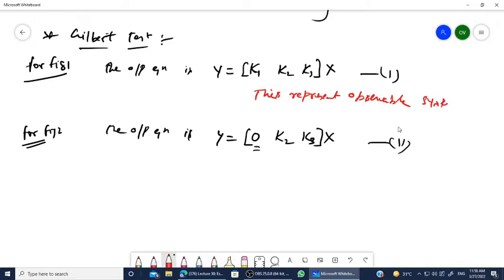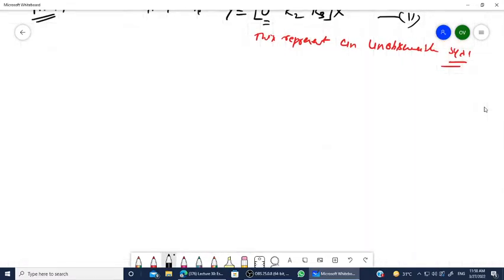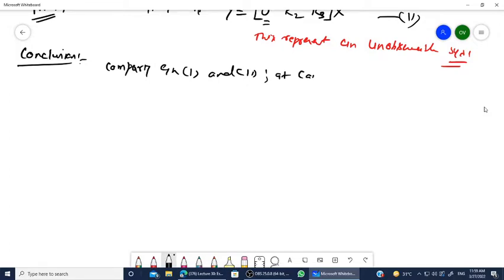Observable system. However, this one represents, unfortunately, an unobservable system. So the conclusion is very simple. You can simply write, by comparing equation number 1 and 2, it can be observed that for a system